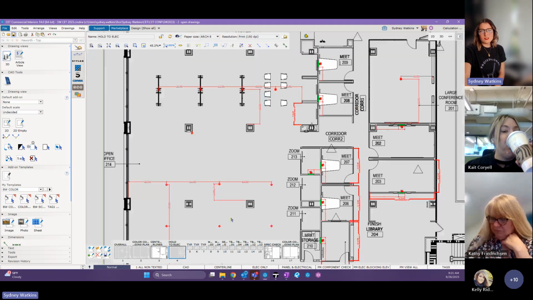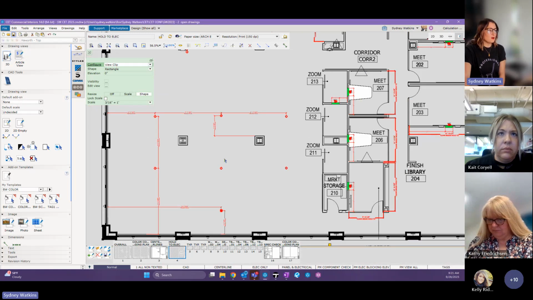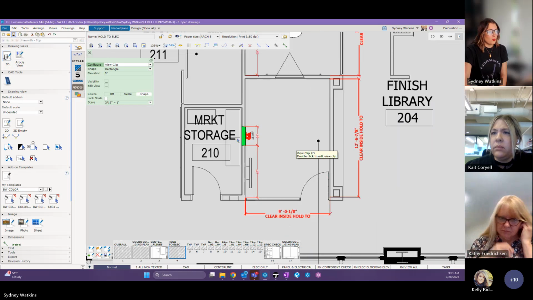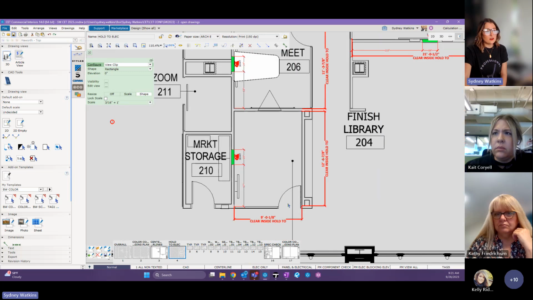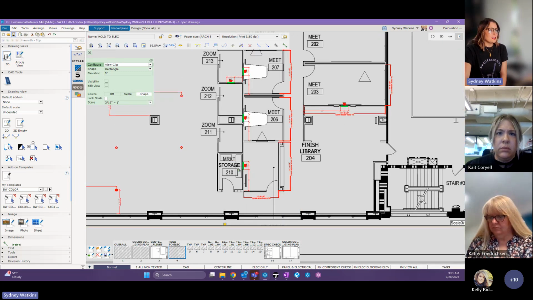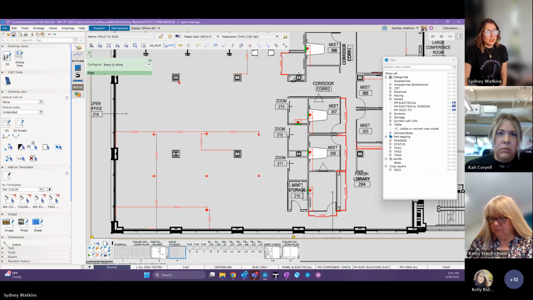But this is really the only information that the GC needs to know. They want to know exactly where the cores go. They want to know where your windows are for the electrical. You can put your height, and then they need to know your whole two dimensions. Yes, you can put this on a drawing in black and white, but it's a lot more helpful if you